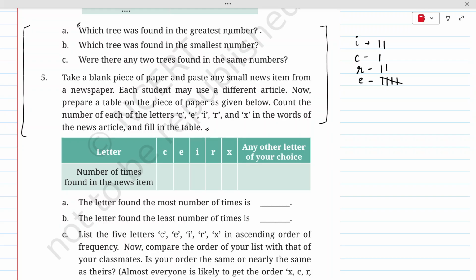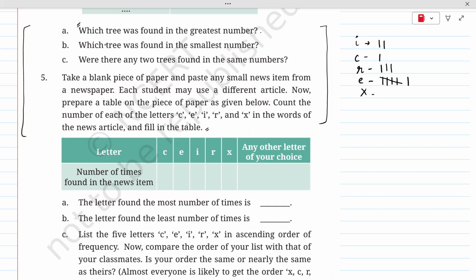Then number, N is not there, U is not there, M is not there, B, no, E. We have E, so I'm writing one more. And then R also we have one more. So in this whole line we have got these many alphabets, the chosen ones. Okay, till now we have not got C, but no, we have one C. Yeah, we don't have X. Sorry, I'm writing X, but